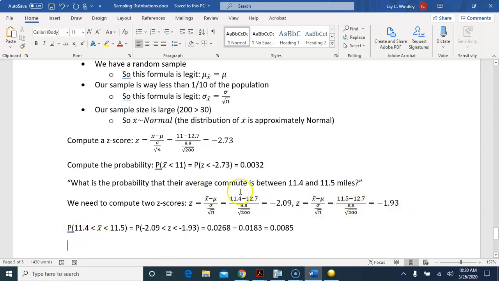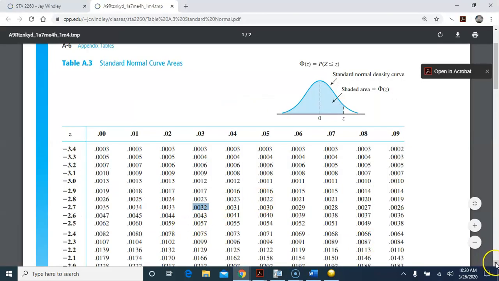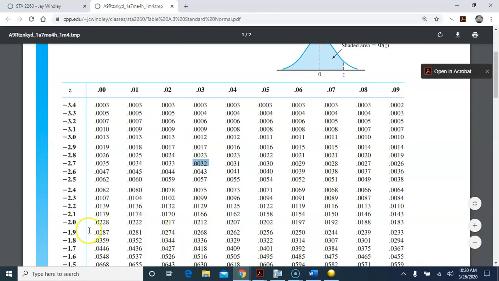So the probability that the average commute for our sample, x bar, is between 11.4 and 11.5 is the same as the probability of having a z-score between negative 2.09 and negative 1.93. So I look up those two z-scores on the table. I've got to scroll down just a little bit. For the negative 1.93, we have this value right here from the table,